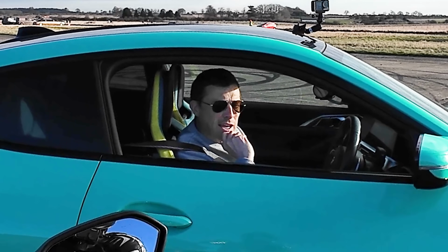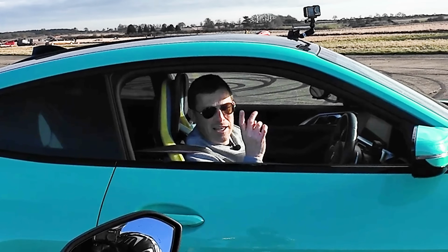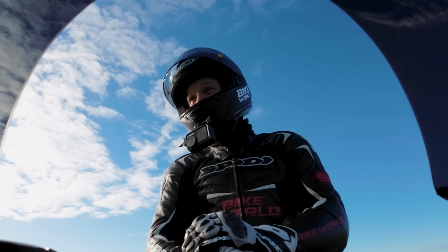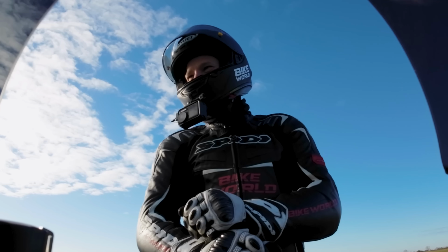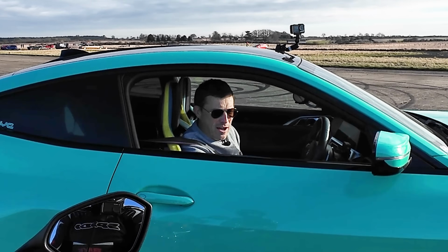How much is your bike again? 30 grand for a base model, this one's just about 38. So basically the price of that bike is the same as the mods on this car. On that car. And the mods on their own are no good without the car underneath. No, exactly. Anyway, Chris, it's been a huge laugh as ever, and well done for riding the arse off that bike,